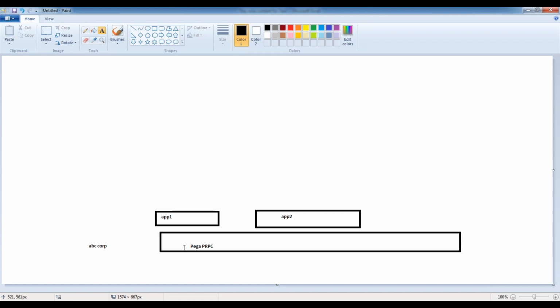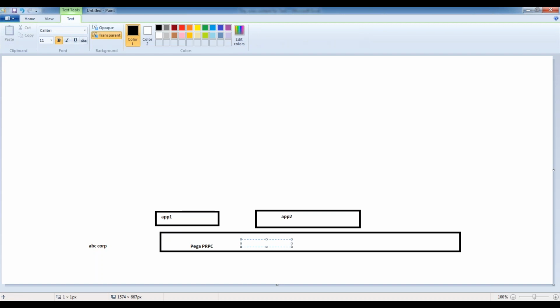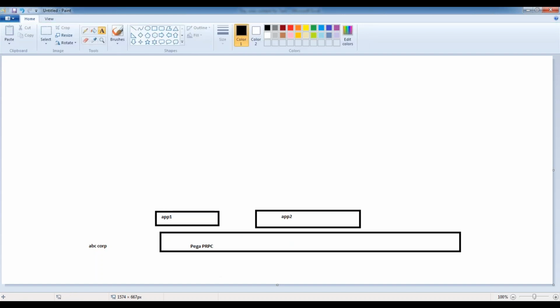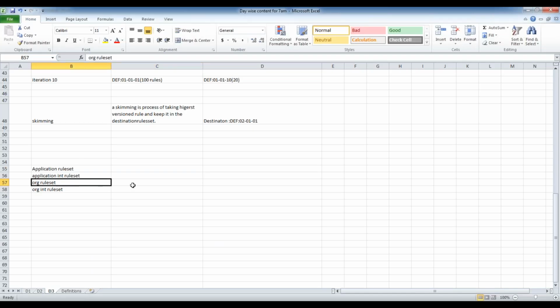In those cases, what will the system do? Whatever rules are applicable for the entire organization, we need to store in the organization rule sets. If something is reusable across the organization, we store those rules in the organization rule set.